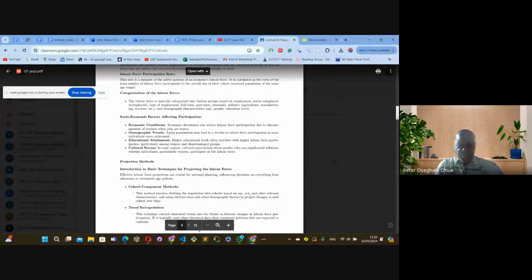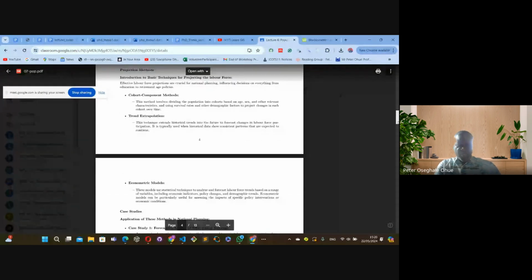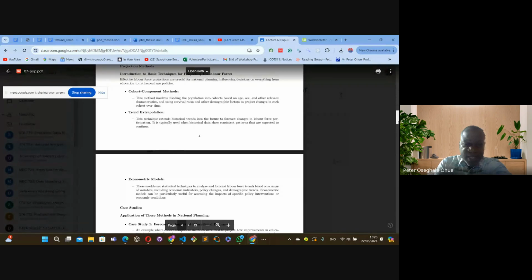Then there's also the trend extrapolation. Let's read that together. This technique extends historical trends into the future to forecast changes in labor force participation. It is typically used when historical data show consistent patterns that are expected to continue. Okay, this makes sense to us in the sense that we are using historical data to predict what the future